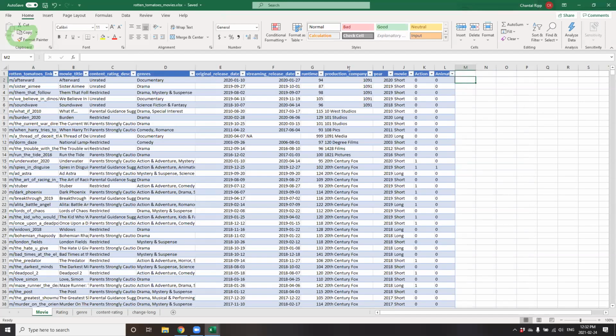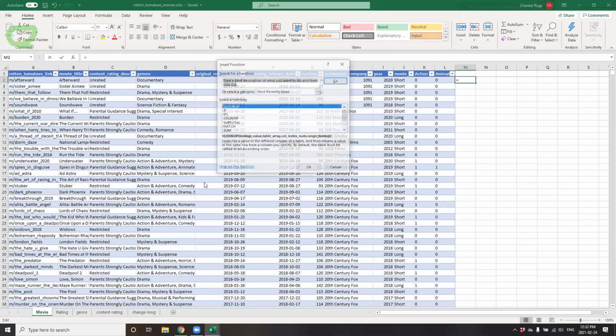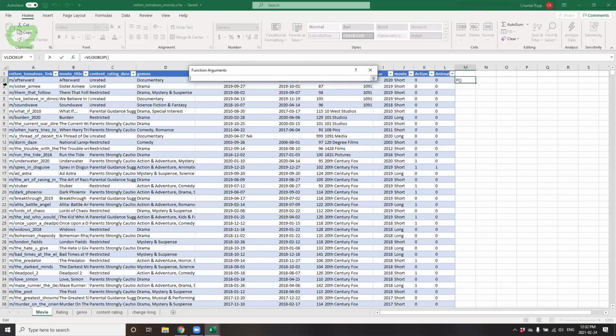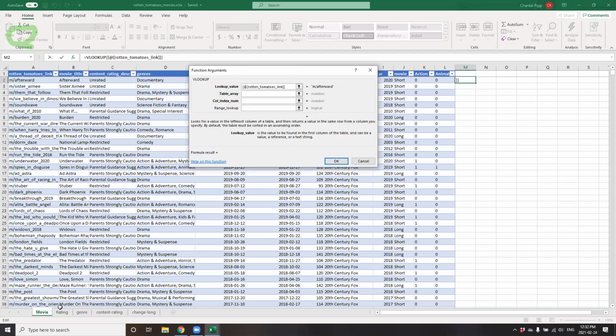I'm going to click in here, function, VLOOKUP, lookup value, my common field is going to be afterward. Lookup table array. So this is my new table rating, which we've renamed ratings. And you can see here that it's populating that range.